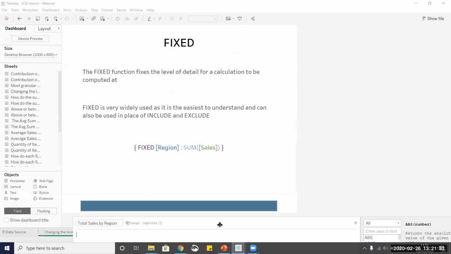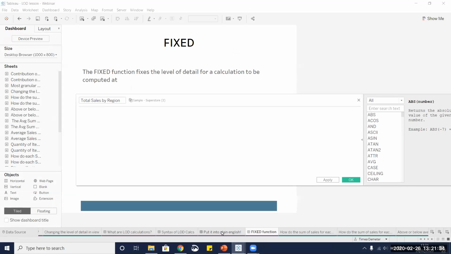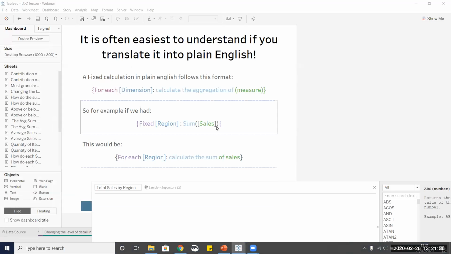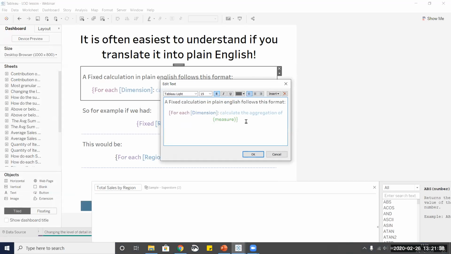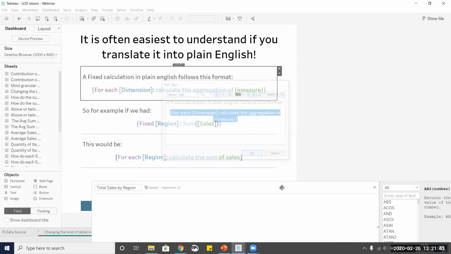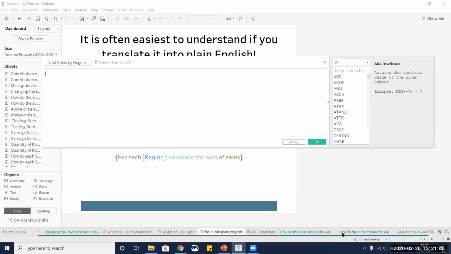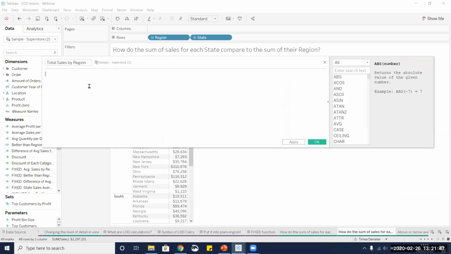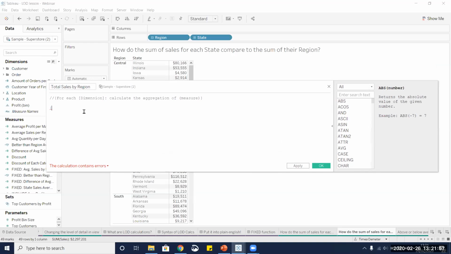Let me get the syntax, just because it's a bit easier to follow. So now if we go back onto here, I'll keep the syntax here just so we understand better how we're building this. So we start with the curly brackets,